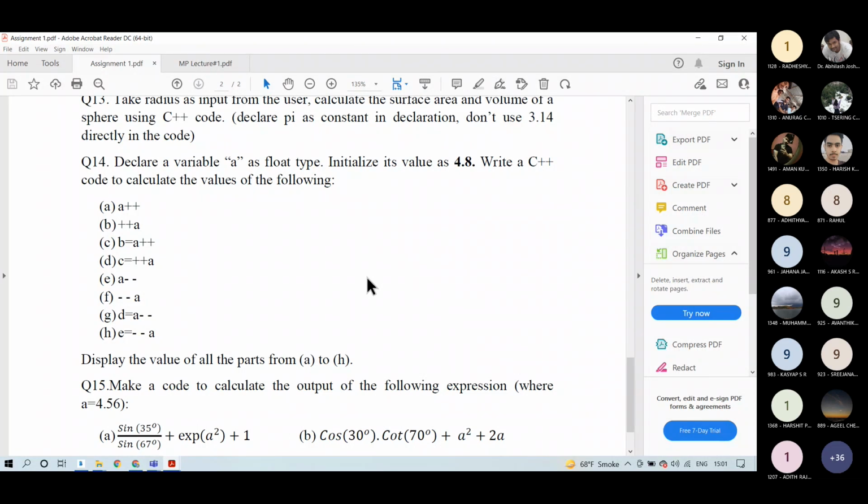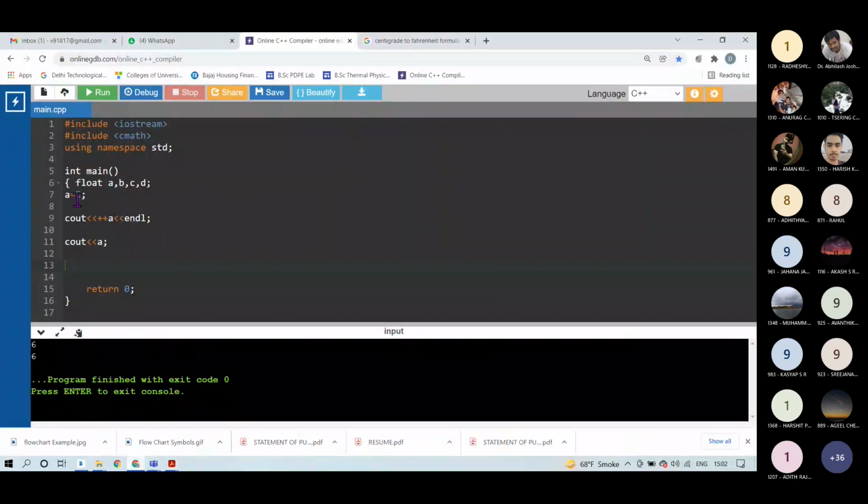In the first case A, I am taking the output directly of a plus plus, it should be 4.8, right? In the second case, I am assigning the value of this a plus plus operator to a variable b. Okay, let's do this first, we will see.